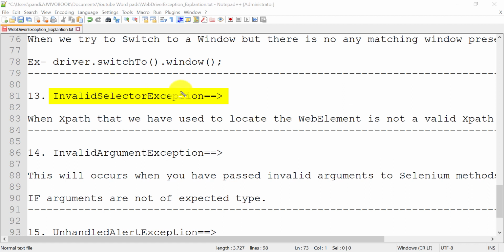So while providing the XPath, you need to make sure that the XPath expression has correct syntax, otherwise we will get this exception. If you get this exception in the program, just go and cross check your XPath again. There might be a chance that you missed some syntax, like a double quote, single quote or @ symbol. Make sure it is a valid XPath.